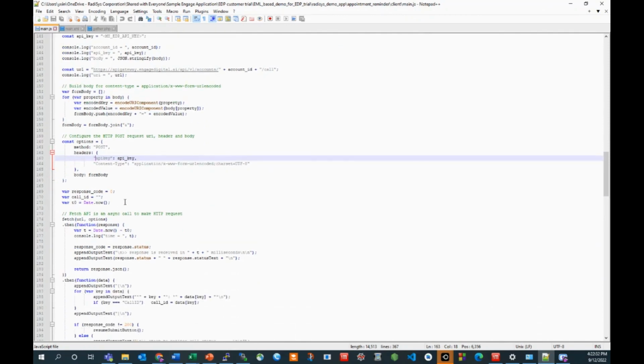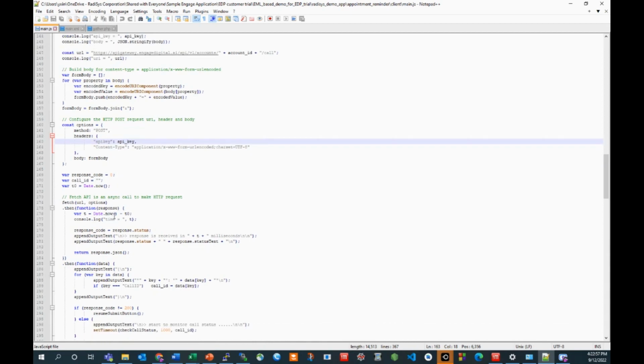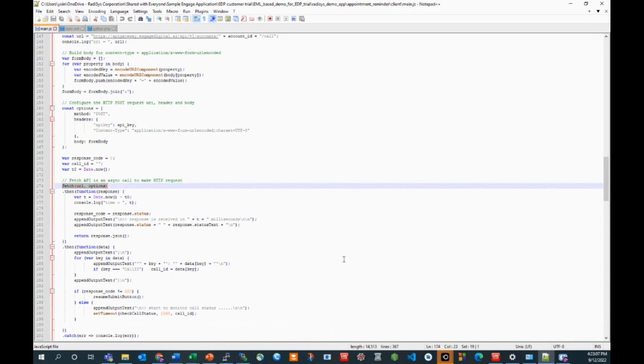Okay, and we also provide a server-side SDK. It's available in either JavaScript or PHP programming language, and it's optional. You can choose to use our SDK, or you can build and send the HTTP request by yourself, because JavaScript itself also provides a very simple API to send an HTTP request. Okay,